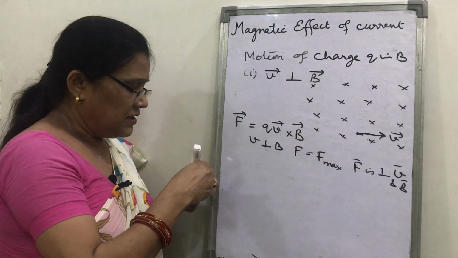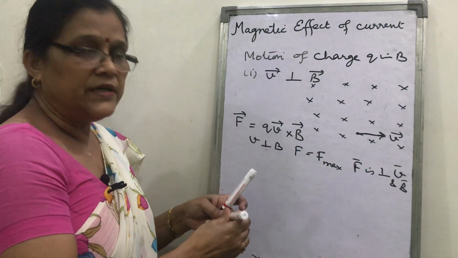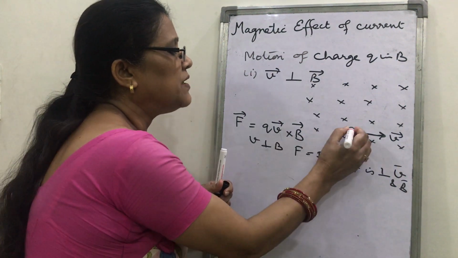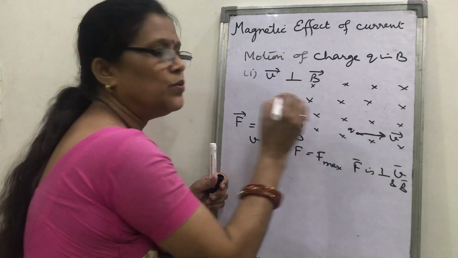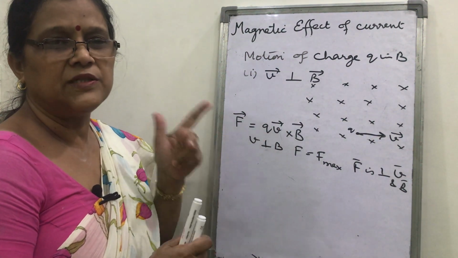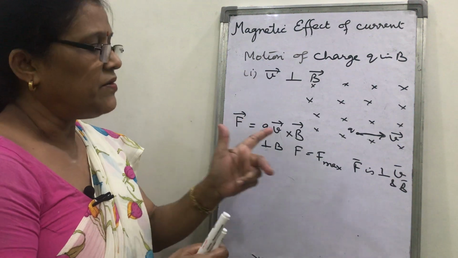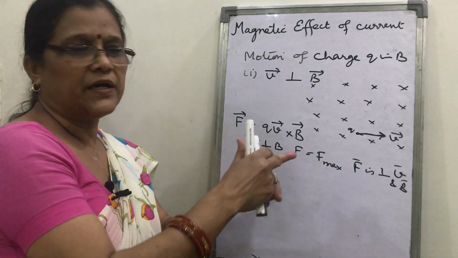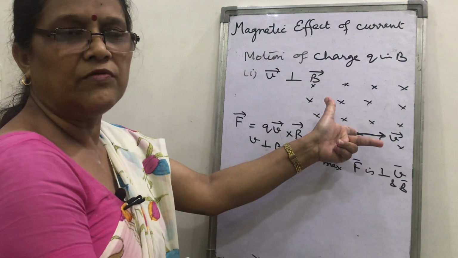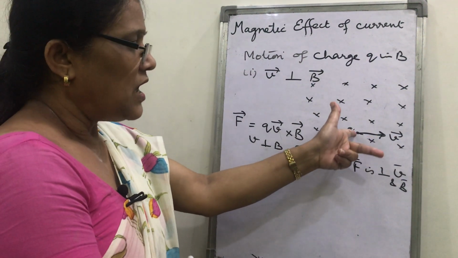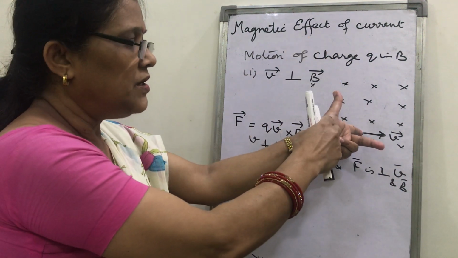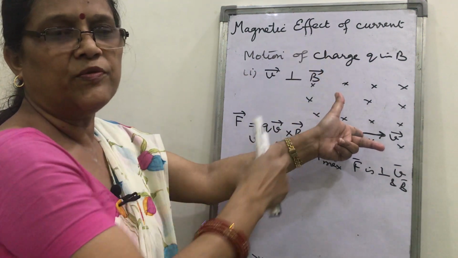How will you decide the direction of force acting on the charged particle? This is the charged particle, suppose this charge is Q. How will you decide? Using Fleming's left hand rule. Look, my forefinger denotes the magnetic field and the middle finger denotes the velocity. So this is the direction of the thumb, that is perpendicular to the velocity, in the upward direction.